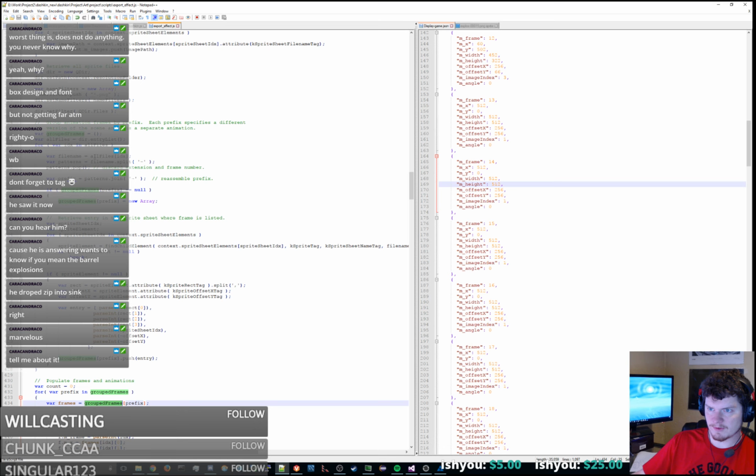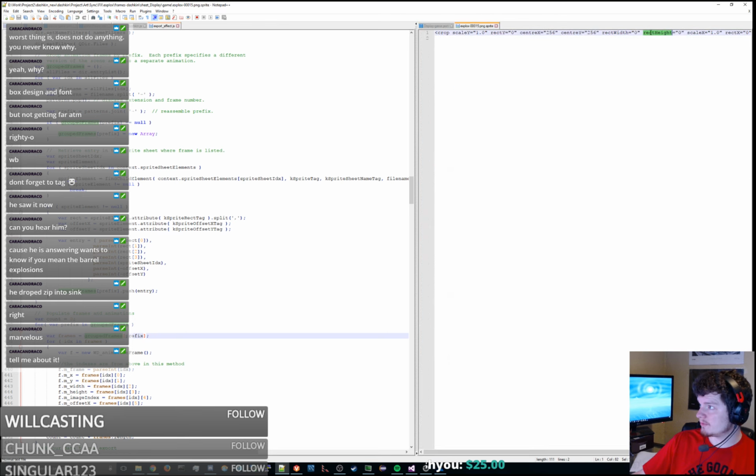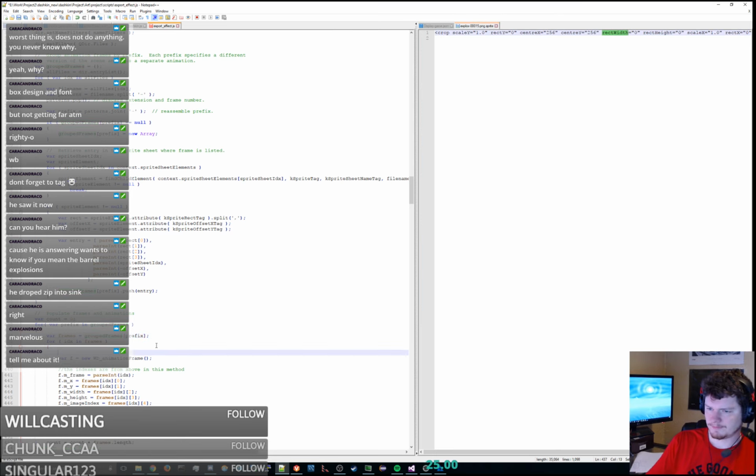These group frames are... so we should be looking at like what is rect width and rect height. If frames sub index dot